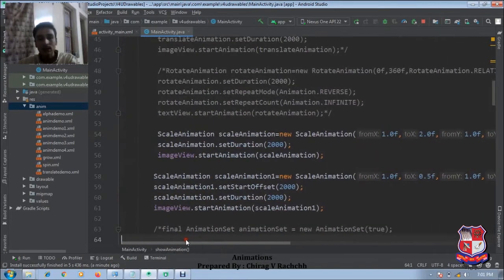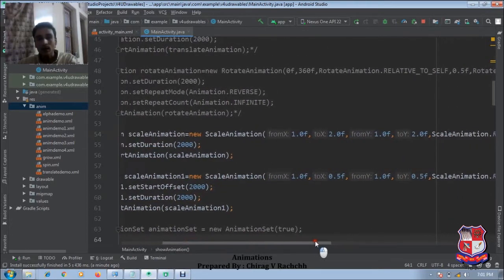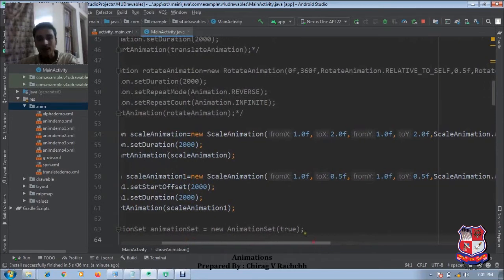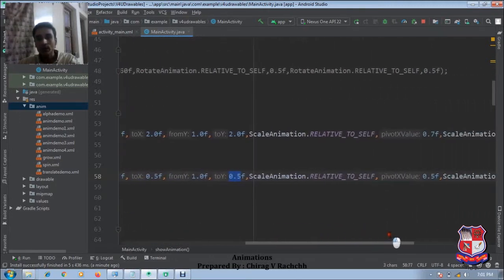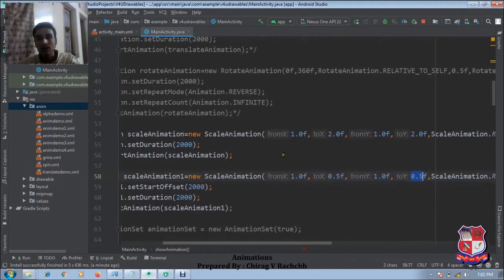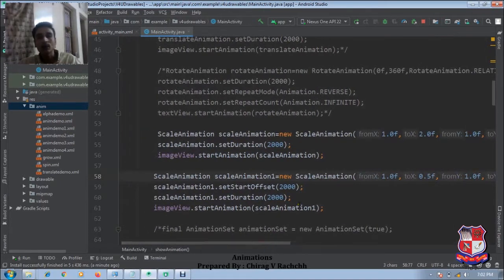Again the second scale animation following the first is resizing the object to its half size. See here, from x is 1 and to is 0.5. Again from y is 1, to y is 0.5. So here the first scaling will double the object, and the second animation will decrease the size of the object to its half in both directions.